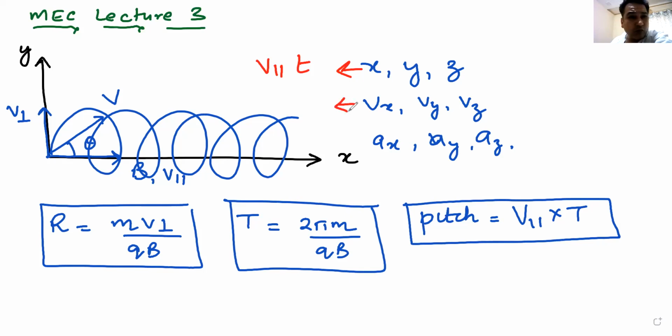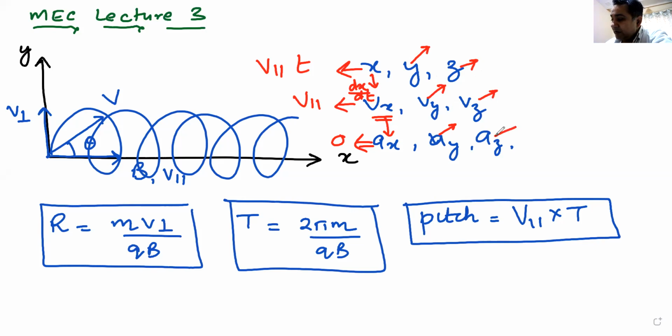Vx is v parallel. See the relation is, you find the derivative of dx by dt and you will get vx, yes or no? Yes, sir. And you find the derivative of vx, you will get a, ax, that will be equal to 0. The problem might happen or occur in finding out the value of y, vy, ay, z, vz, and az.